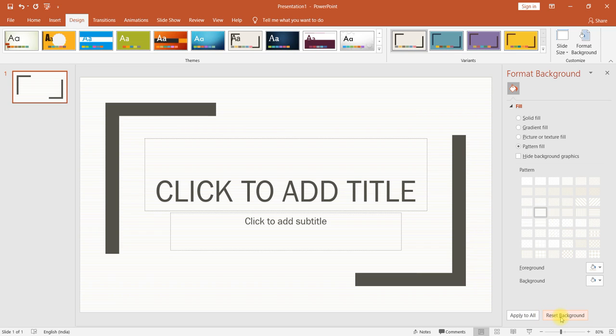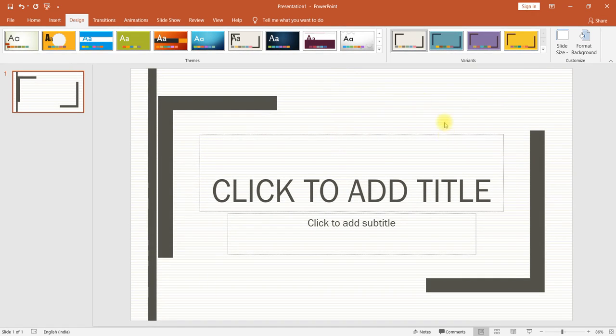Reset Background is nothing but it will go back to the original. If you choose Apply to All, whatever changes you have made here will be applied to all the slides, each and every slide.